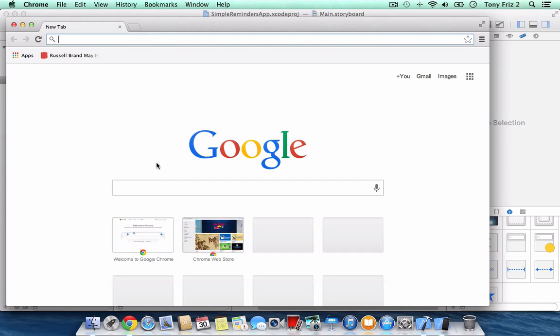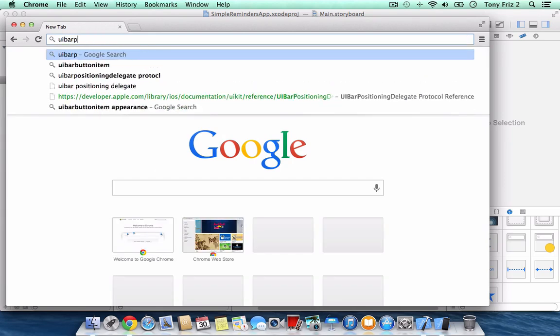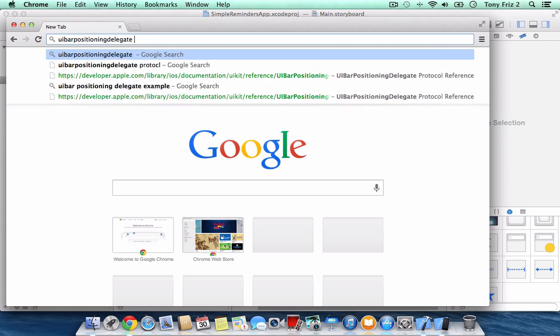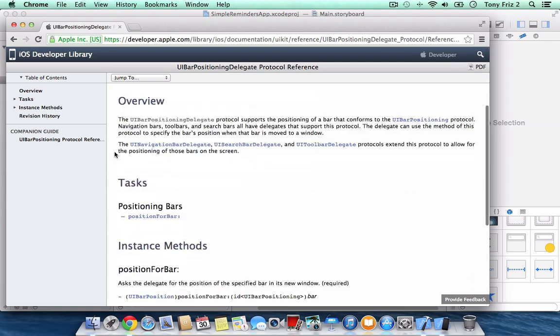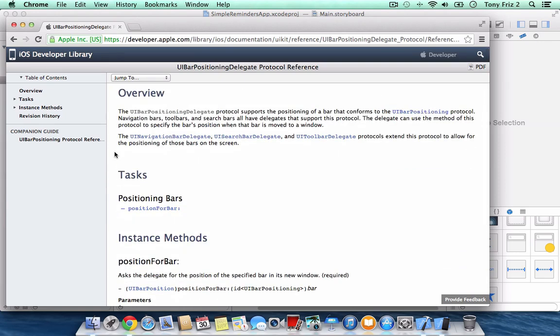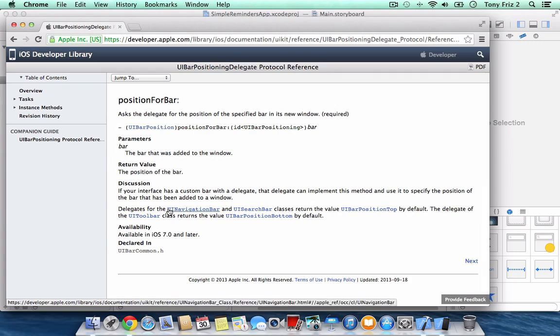in the Apple documentation. So we're going to Google UIBarPositioningDelegate protocol. Now you can see here that there are 3 different classes that conform to this protocol: navigation bars, search bars, and toolbars. And again, here's that one method. The use for this method is to tell the navigation bar how it should lay itself out in specific scenarios. So for us, we want the navigation bar to extend to the top of the screen, and we can use this method to accomplish that. So we're going to copy the method header,